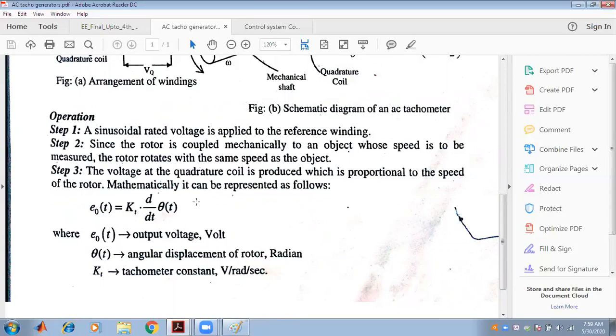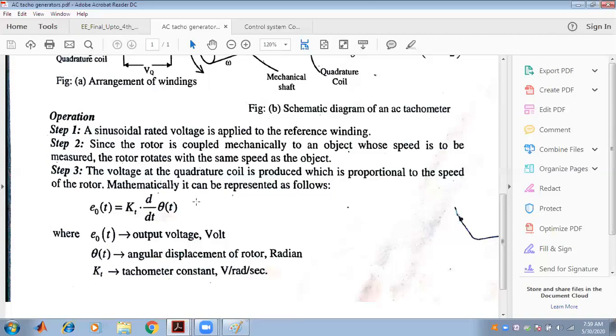This is generally known to us. So we have to measure the speed of the object, same in case of the DC and the AC, but the arrangement for the DC is only a small DC generator, where the voltage is applied and the rotor is rotated, which in turn measures this. And on the shaft of the rotor, the object is connected and the speed is measured with the help of the DC tachogenerator. But in case of the AC tachogenerator, the difference is that in order to produce the flux, there